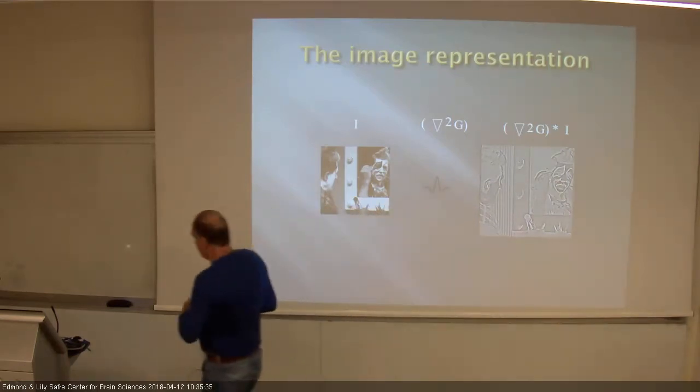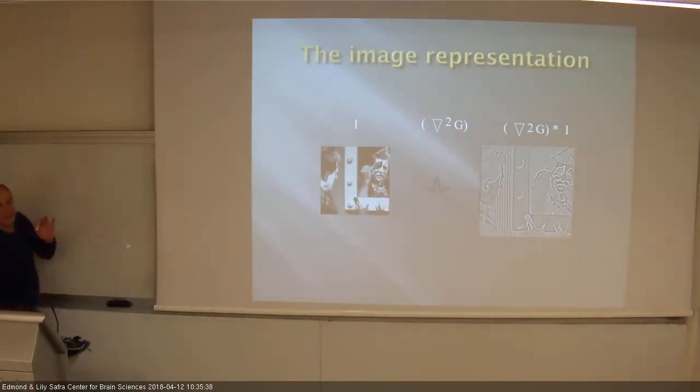And just to explain, let's make it very simple and think about two functions. Let's say that f(x) looks like this. Or the image looks something like this: dark, light in a very specific region, and then dark again. And let's say that our filter, rather than being this difference of Gaussians or second derivative, is just a very simple filter, something like that. So that's g(x), the filter that we apply. Now, what is the result of a convolution? If this was the image, in the one-dimensional case just to make it simple, and this is your convolution kernel, the function that you apply,